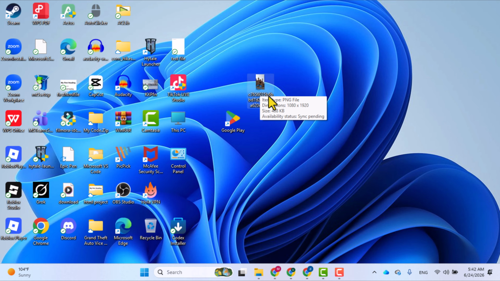That's it. This is how you can transfer files from an Android phone to a Windows laptop or desktop computer